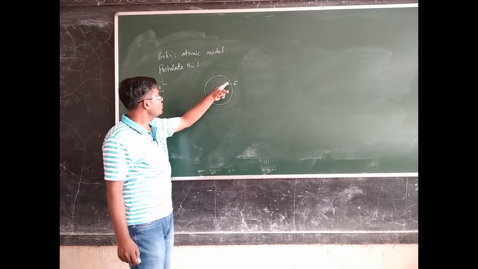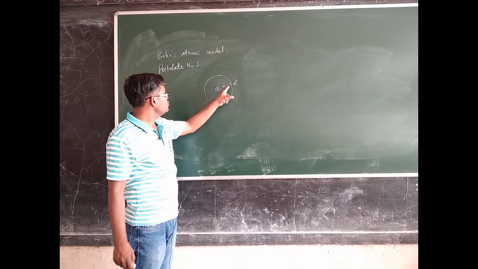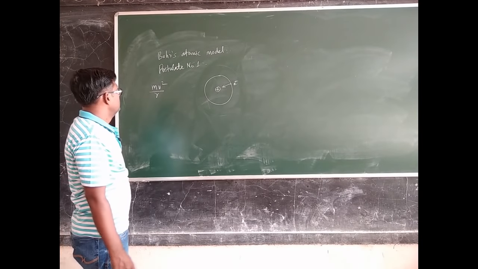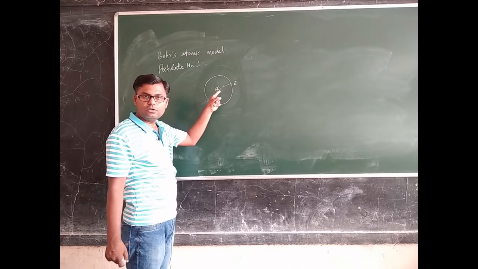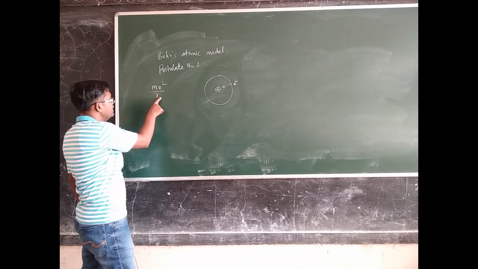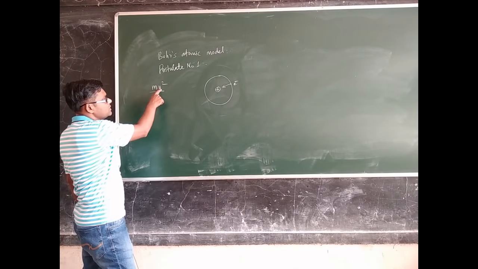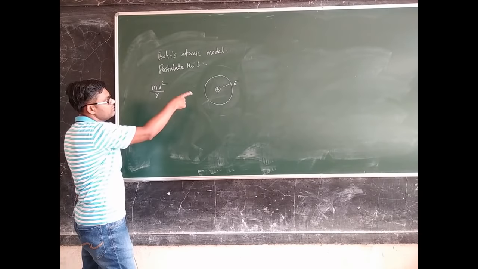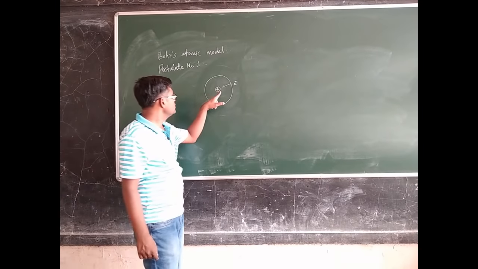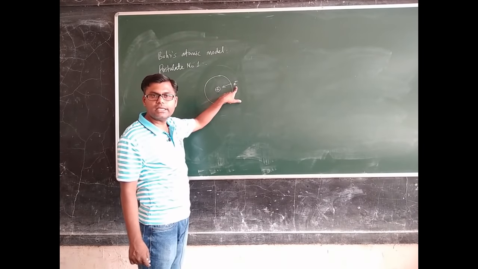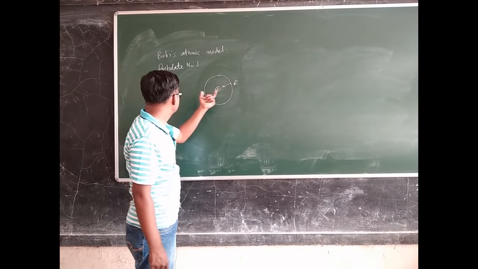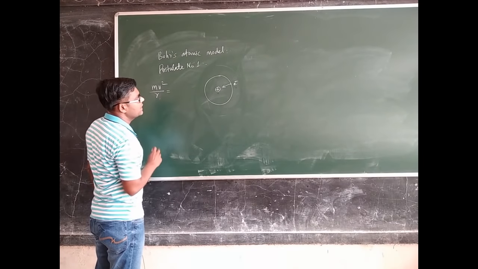If the electron is moving in a circular orbit, there should be some centripetal force, and this centripetal force will be given by m v square divided by r, where m is the mass of the electron, v is the linear velocity of the electron, and r is the radius with which the electron is revolving. Now who is providing this centripetal force? The nucleus has positive charge, the electron has negative charge, so there should be a force of attraction, that is the electrostatic force of attraction between these two, and therefore this centripetal force will be provided by this electrostatic force of attraction.